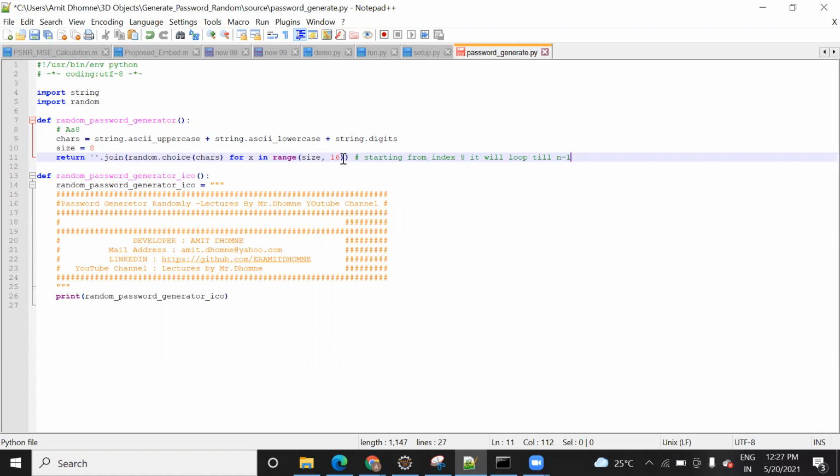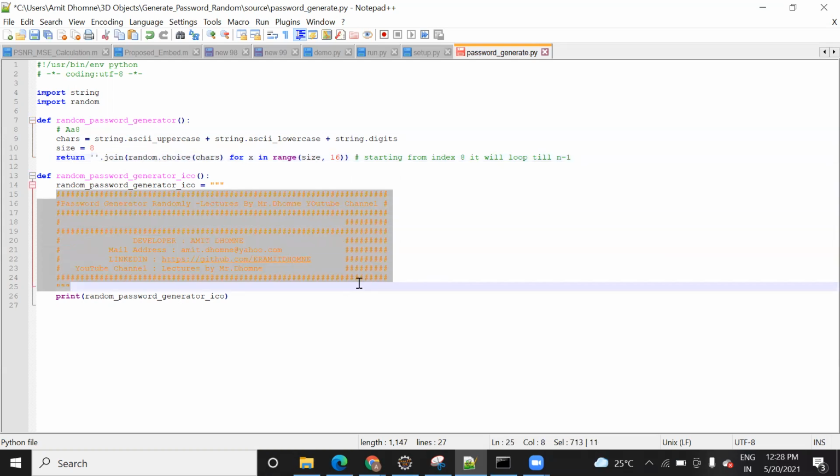You can vary this number in order to generate a longer password. I will show you how you can do it. Once you are done with this, you will write another method and call it. You will simply print the random password generated, meaning the password that we generate. Whatever password is generated by this method, we will call inside this method and print it. You can do this based on your choice.